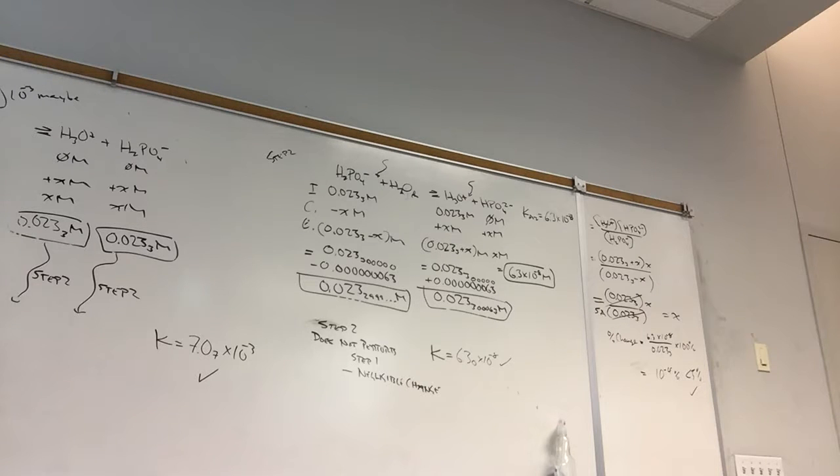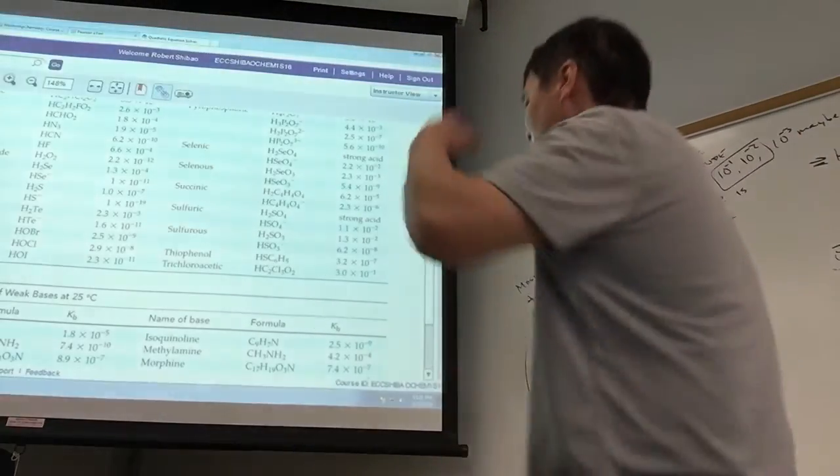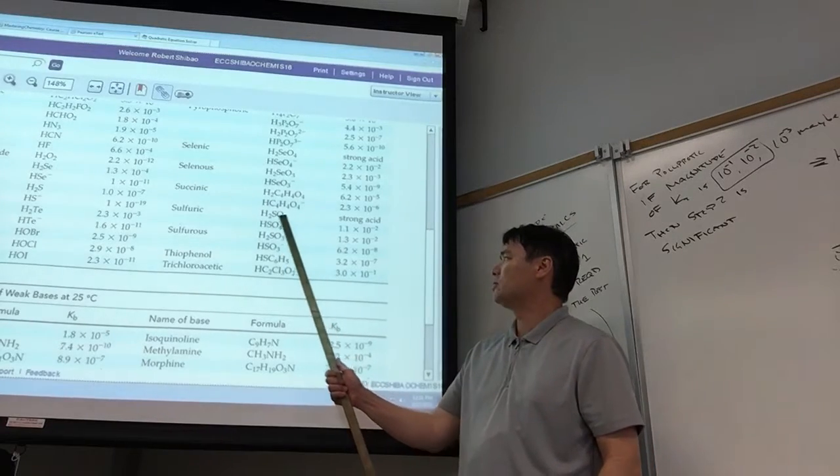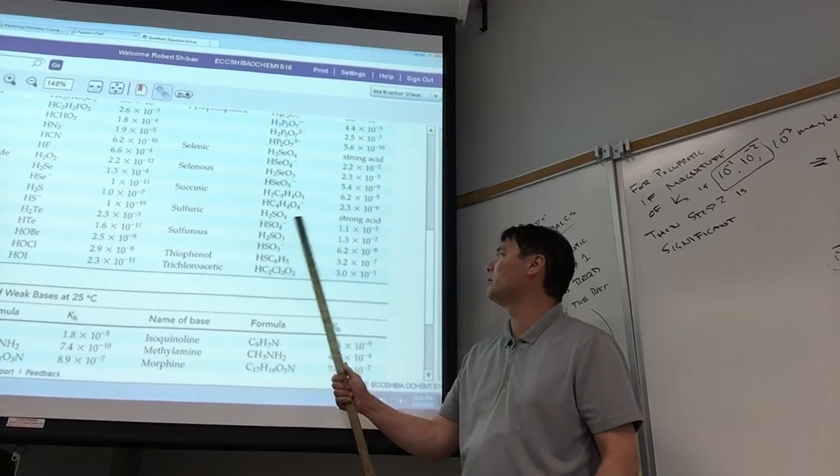It's just because the K is kind of big. Since the K is kind of big, then it's going to be a contributor no matter how big step 1 is. And so sulfuric acid, for sure, most of the hydronium is going to come from step 1,